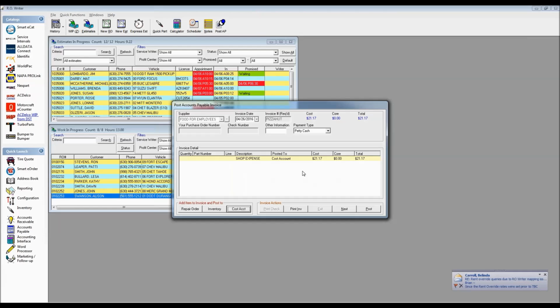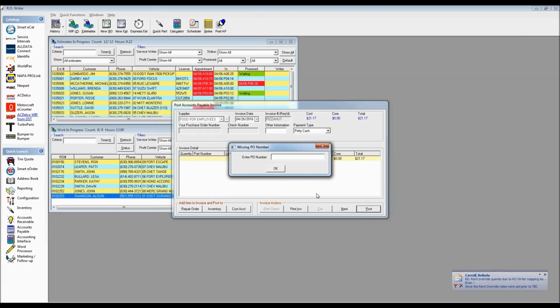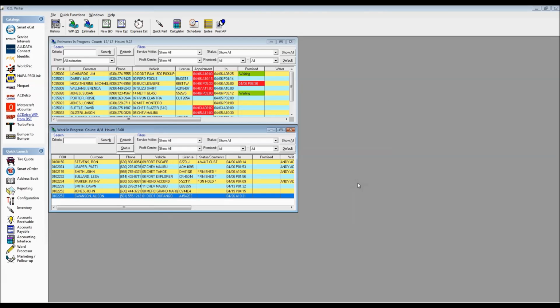Again, I'll skip the step, and then when I hit post in the lower right-hand corner, it says, I'd like you to enter in a purchase order number. Well, much like there was no receipt number for Pizza Hut, there was also no invoice number from Pizza Hut in this case. I also didn't give them a PO number, but in my case, again, we'll use this for notation purposes. I'm the one that gave the approval to actually spend this money, so I'll put that in as the PO number. If there's ever a question somewhere down the road as to who decided that was acceptable, in theory, it's my fault. I'm sorry, it was my decision. You can come in and ask me about creating that